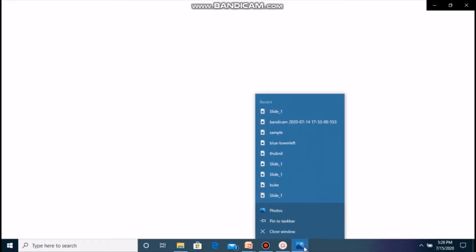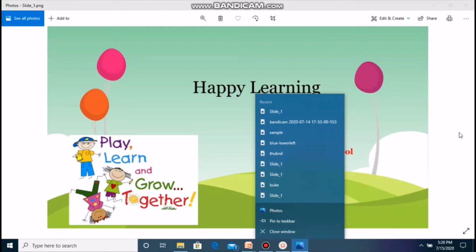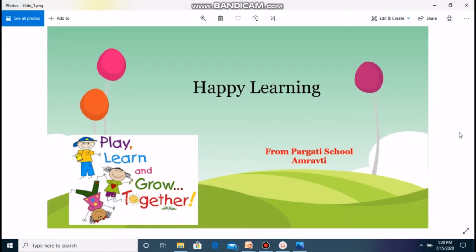It will take some time to appear on your screen. So friend, this is a cover page which I will create in front of you, to demonstrate how to utilize blank project for developing a cover page. In the same way you create your thumbnail, or it again allows you to create a slide.